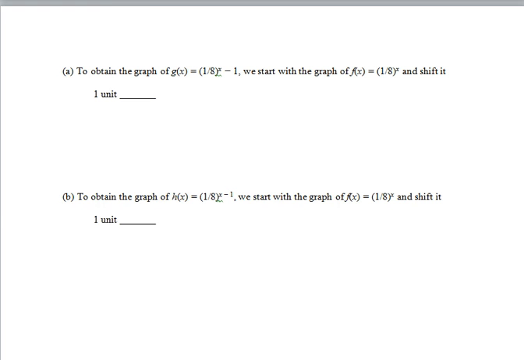And you'll remember that for y equals 1/8 to the x, the graph is going to be decreasing through quadrants 1 and 2 with a horizontal asymptote at the x-axis. Its y-intercept will be 0, 1,